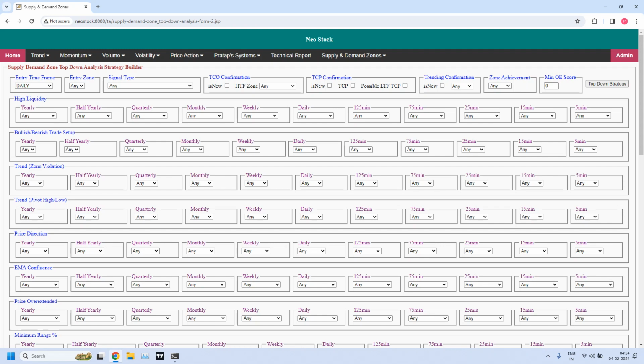Today is the 4th of February 2024. It's been a long time since we generated the demand and supply zone chain for Nifty and Bank Nifty. So in this video, let us generate the demand and supply zone chains for Nifty and Bank Nifty for all the time frames as per the top-down analysis,